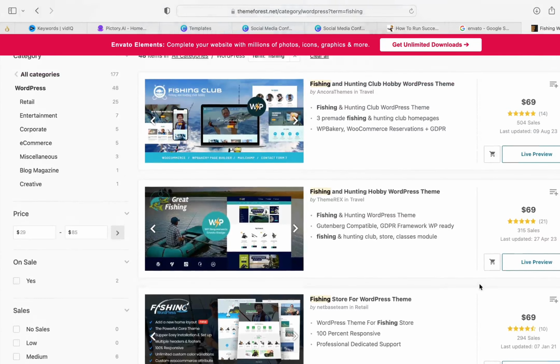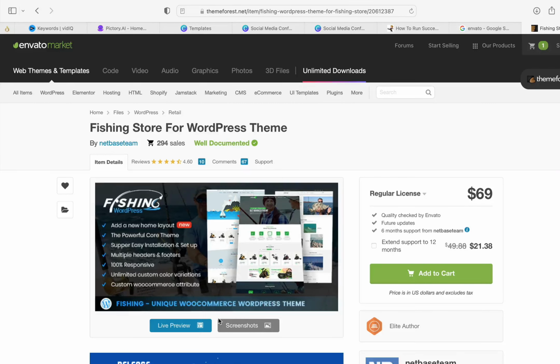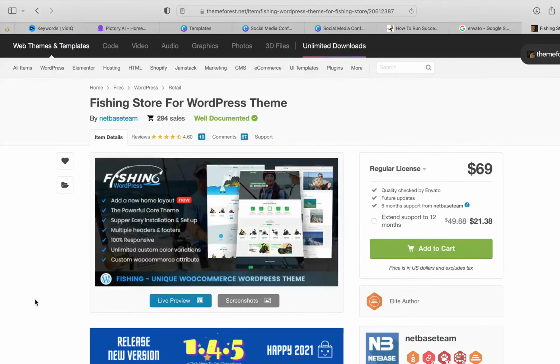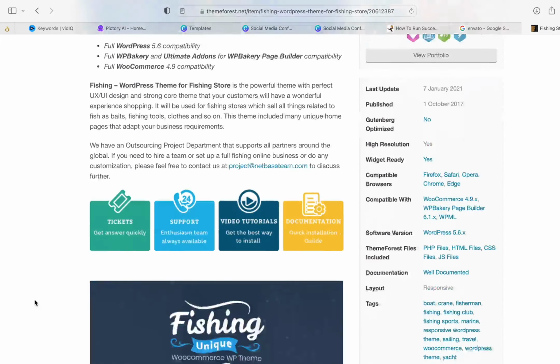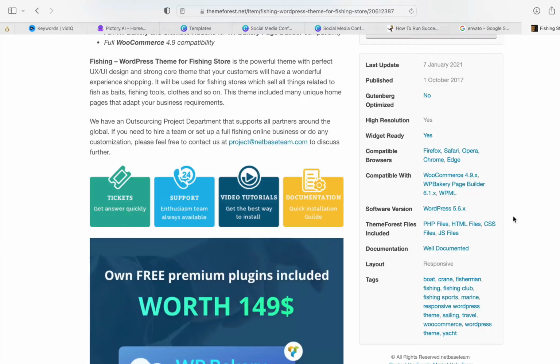So let's just pick one of these at random. I haven't checked these out in advance. So it will tell you the price. It will give you some screenshots, some details here,